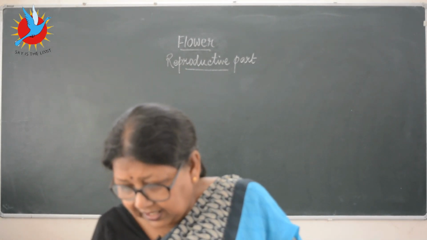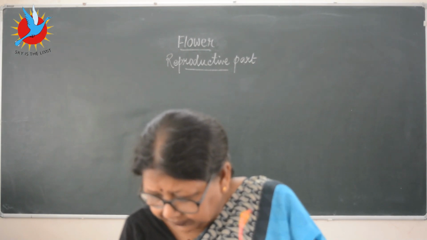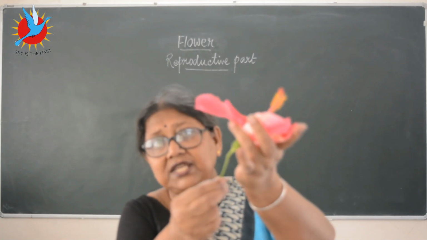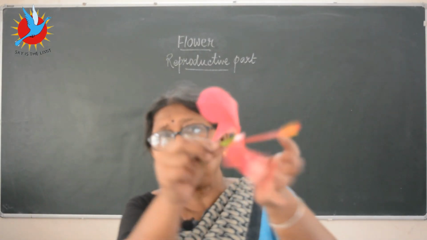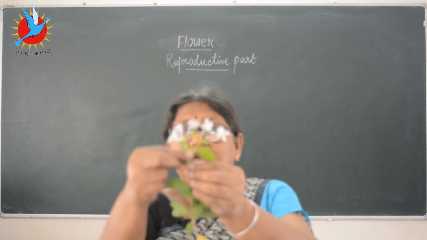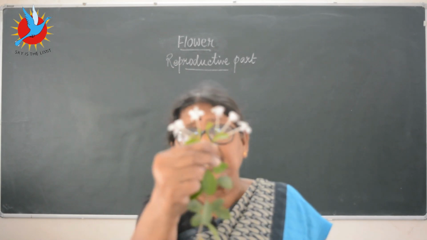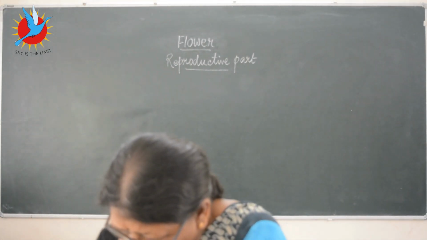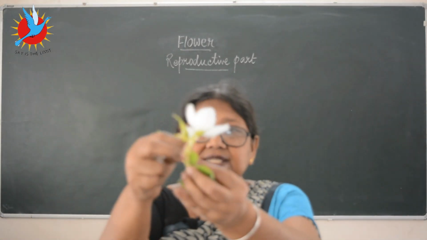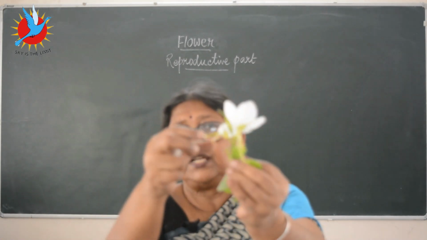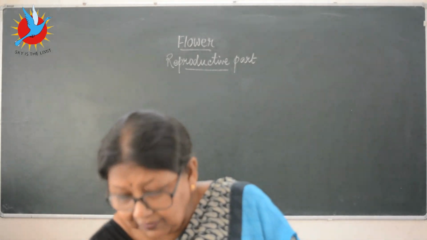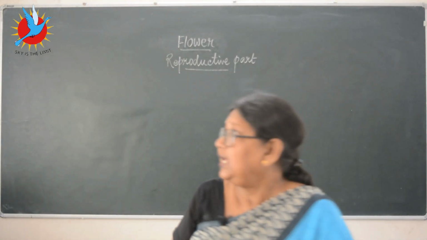But before that, I'll show you two things here. Two branches are here. Can you see that? Now this is a branch on which you can see only one flower. But on this branch, you can see many flowers. Even here, though some of the petals have fallen, you can see this is the branch on which there was one flower here, one here, one here, and another bud is here. So when many flowers are born on the same branch, it is called